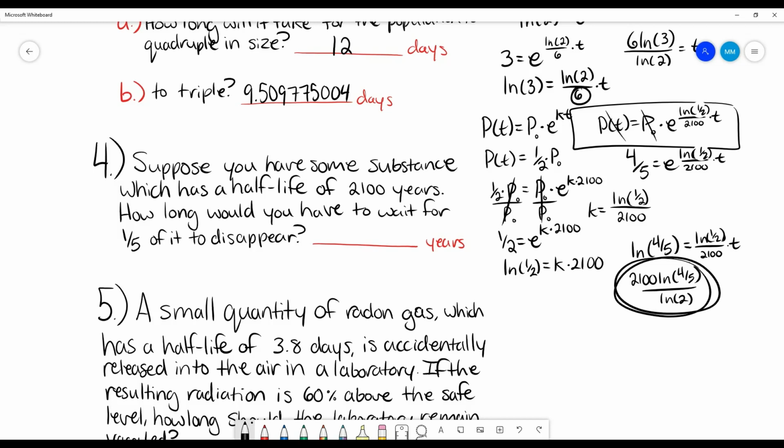But if they gave us the half-life, that is how long it takes for half of the substance to disappear, right? So half of it will be remaining. P of t is what is remaining, so P of t is going to be half of that original substance. If you then plug that into the function, like so, and then divide, those cancel, we get just this here. Okay, and then we solve it like I was doing. Let me just fix that. Glad I caught that. And now if I plug that into my calculator,